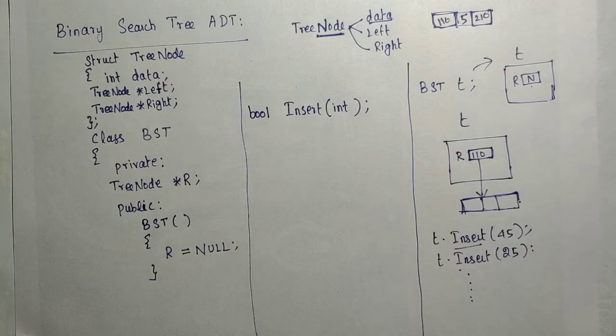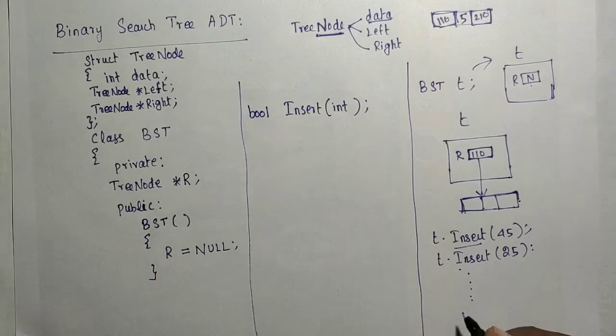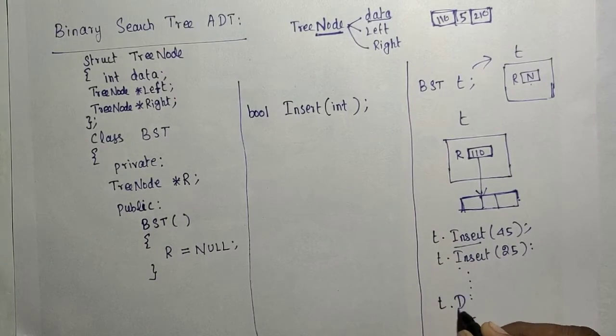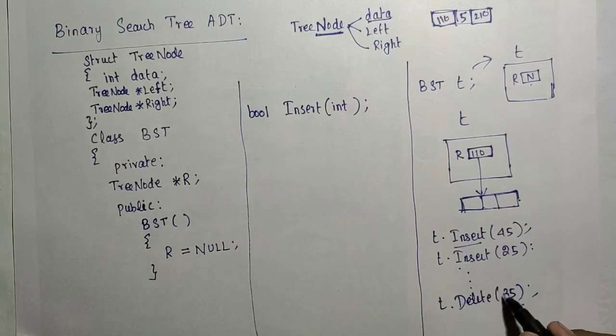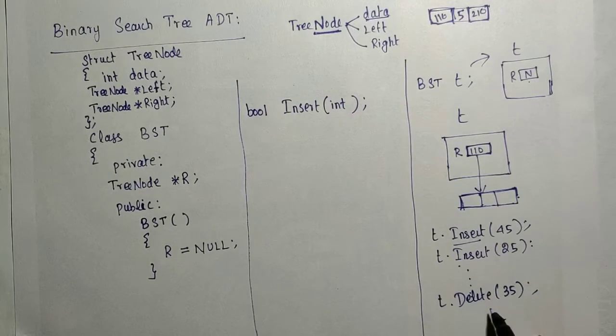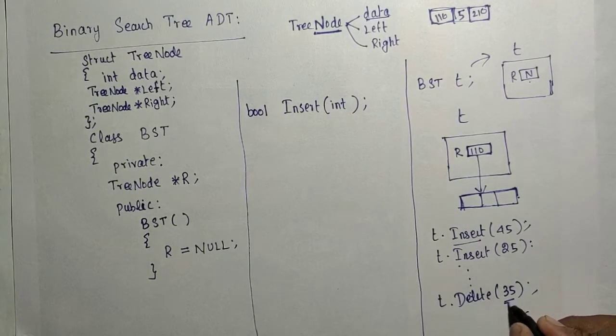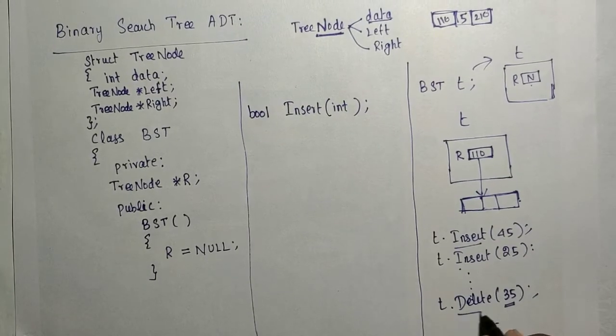The next is the deletion. Here also there are no options like delete this position, delete the second element, third element, delete the last, delete the first, delete the root. We are not going to say that. Just how we are going to implement the delete operation is T dot delete of, and I am going to pass the element to be deleted, for example 35. It means that element 35 is going to be searched from the binary search tree, and then that element is going to be deleted from the tree. So the input is the data. The data will be searched from the BST and it will get deleted. Like that only we are going to design the delete operation.